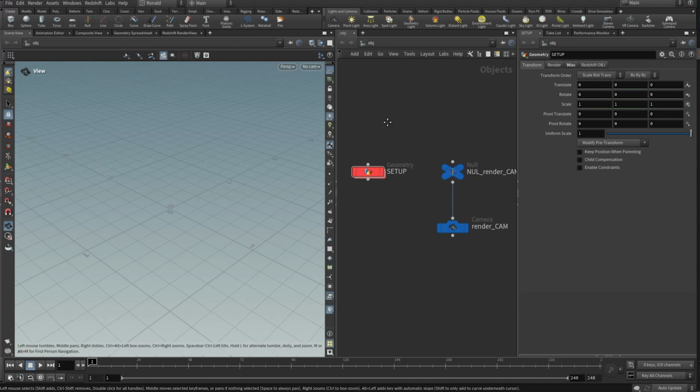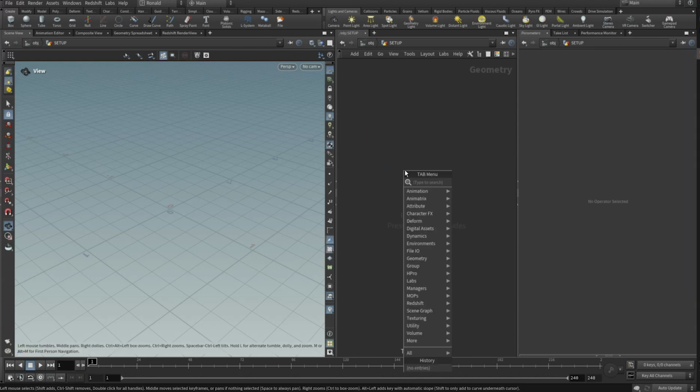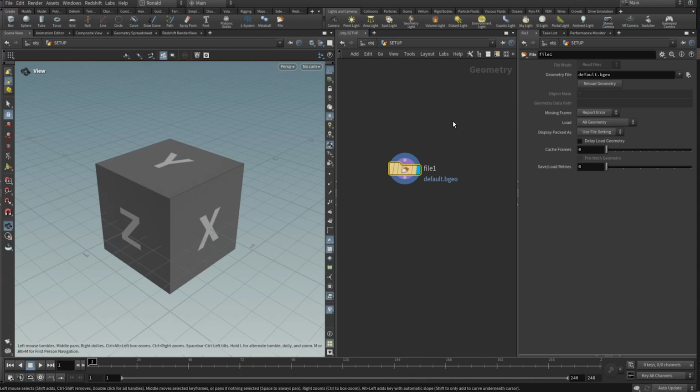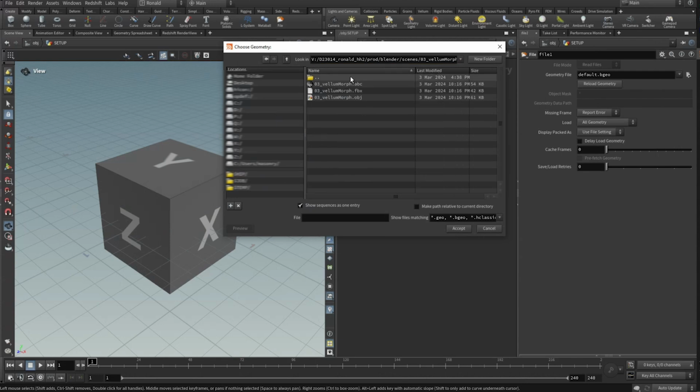So here we are in Houdini, and there's an empty setup geometry node here called setup, and there are just a couple of camera nodes. And let me dive into the geometry setup here and drop down a file node. So this node allows us to bring in geometry from other pieces of software that has been exported. And here it defaults to default.bgeo, which is Houdini's native file format to store geometry data. And we can click on this file browsing icon here and paste the directory where we exported our files. So you can see here we exported 4 files, but we can see 3 of them that are supported with